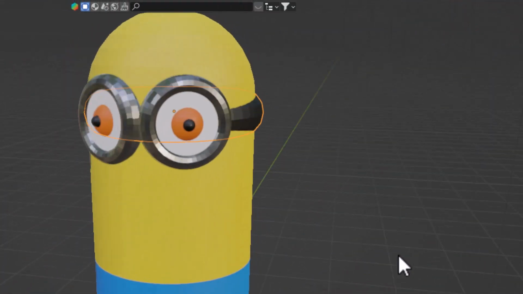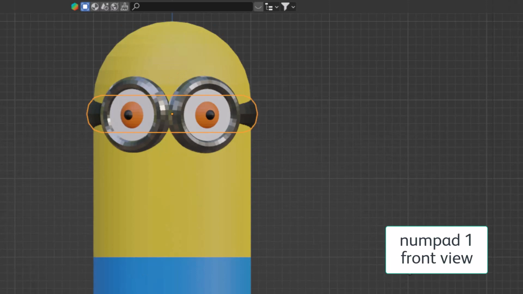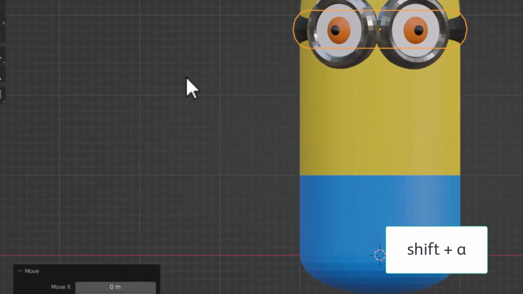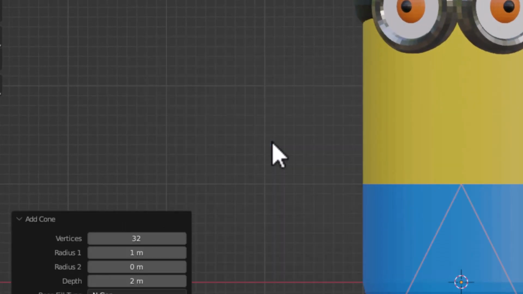So, we have the eyes ready. After we make the eyes ready, I will come one. Let us add a demi hand and legs. For this I am going to press Shift A and create a cone,